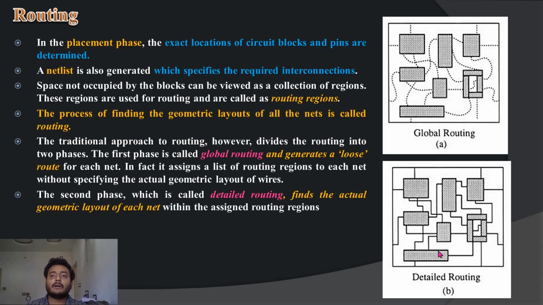Next you go for detailed routing, where the actual wiring should be done. Wiring will not be done in this way. Wiring will always go in a horizontal way or a vertical way. Wires move only with a horizontal line or a vertical line. They don't go in a diagonal way, they never do. This is how routing looks after detailed routing.